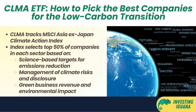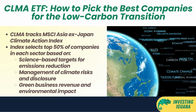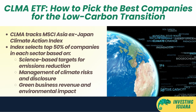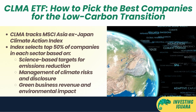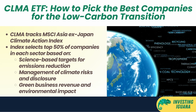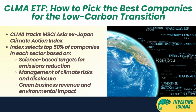Management of climate risks refers to how well companies assess and disclose their exposure to physical and transition risks arising from climate change. Green business revenue refers to how much revenue companies generate from products or services that have a positive environmental impact. By using these criteria, CLMA aims to capture the opportunities and mitigate the risks associated with the low-carbon transition. For investors with low-carbon transition objectives, CLMA opens access to pioneering companies at the forefront of the low-carbon